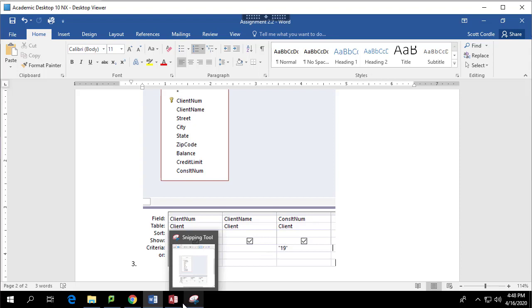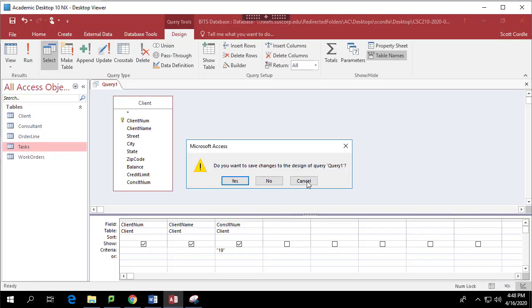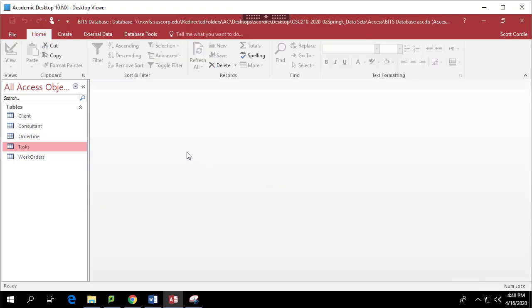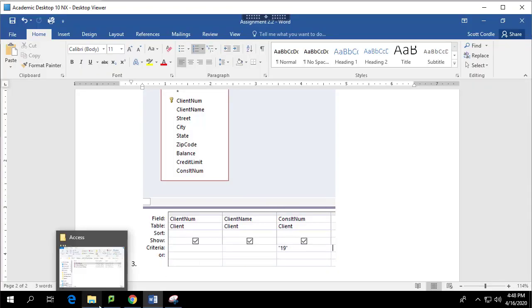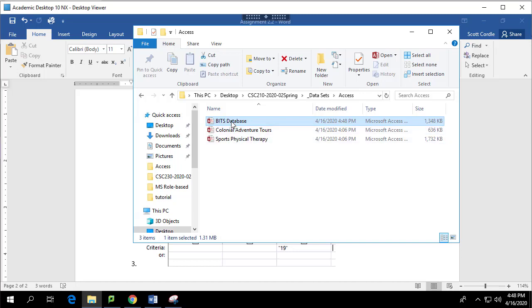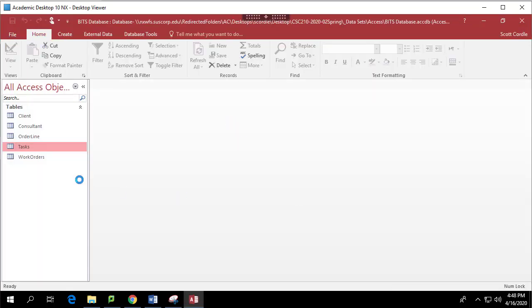Now when you're done with this, again, I'm going to close down Access and say that I don't want anything in Query 1 to be saved, because I'll have those screenshots. And then when I close Access, everything's back to the way it was in Access. Nothing has changed. If I go back and reopen it, you'll see that I've got my 5 tables that will show up. There they are. And if I look at Queries,